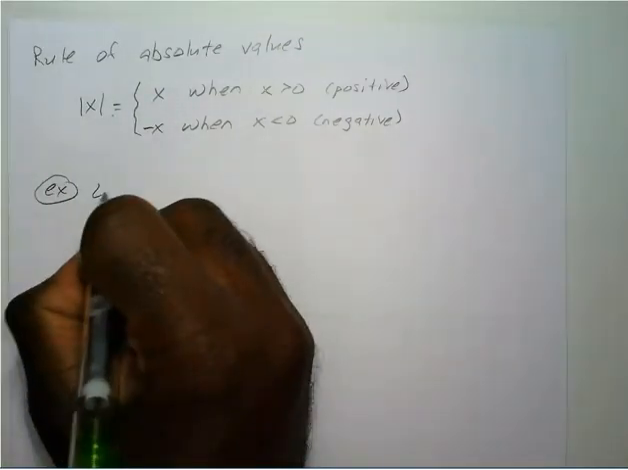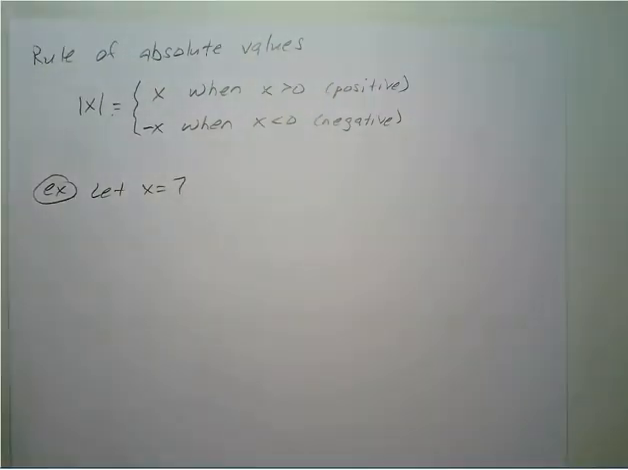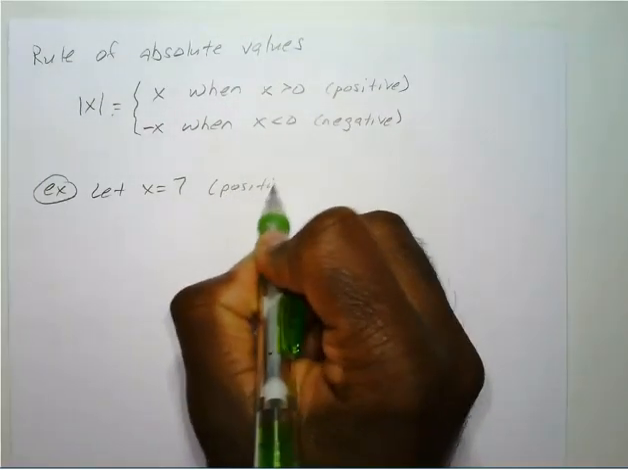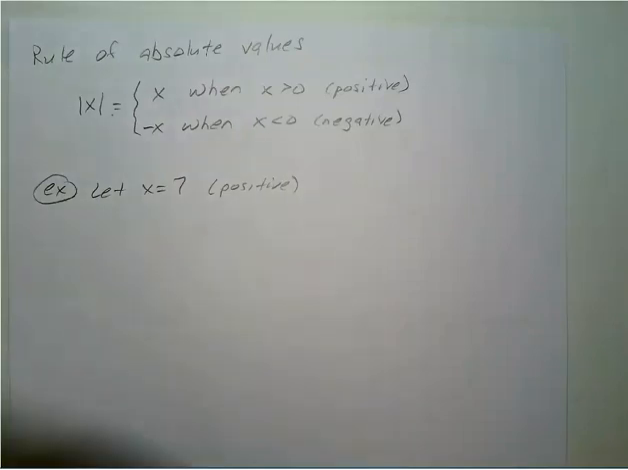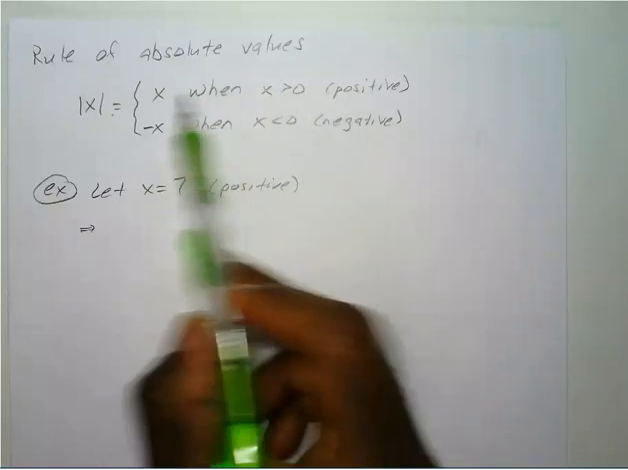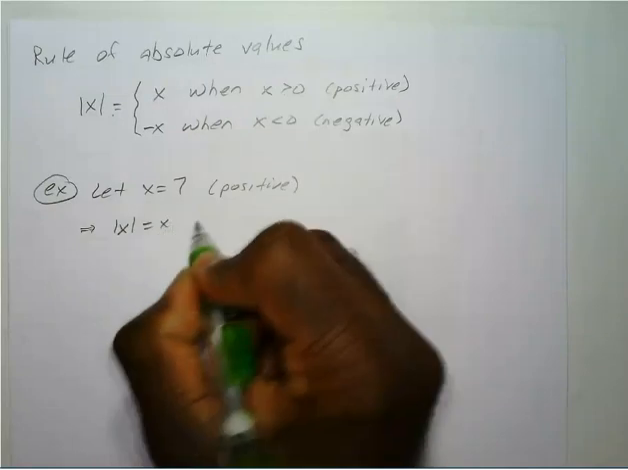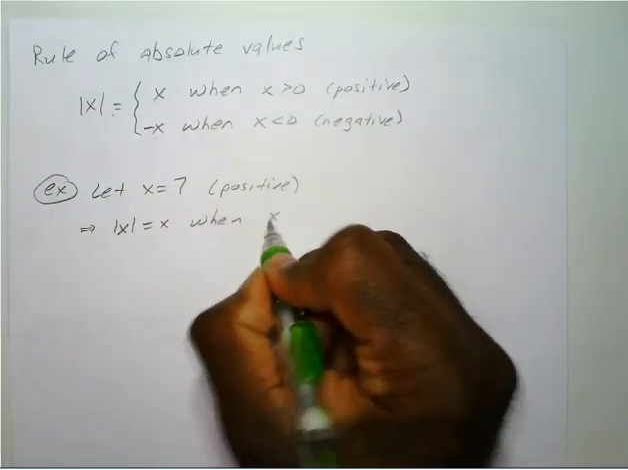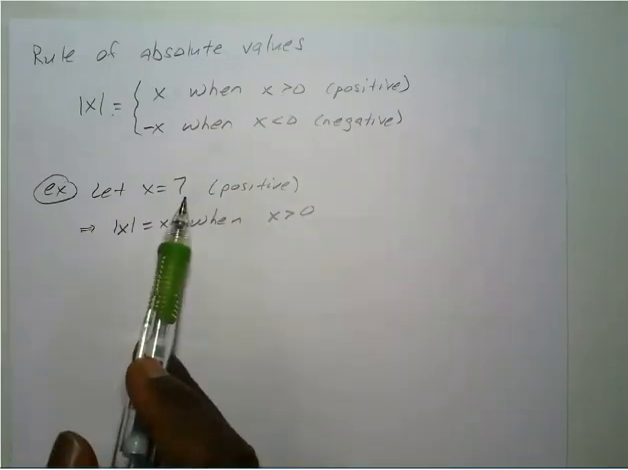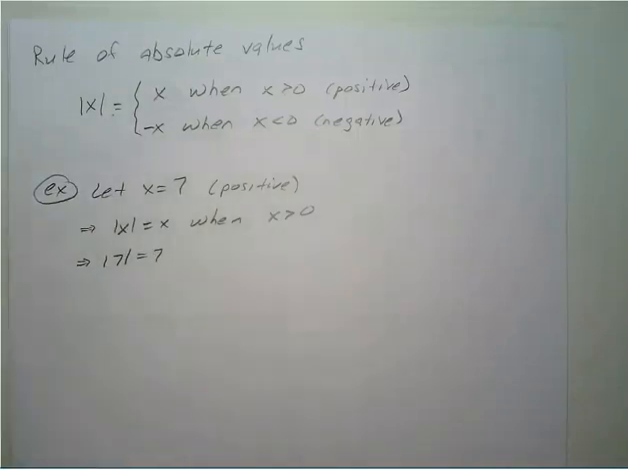Okay, what if we let x equal 7? Now we can say pretty confidently that 7 is positive. So since 7 is positive, our x is greater than 0, we're going to use this solution. So we know the absolute value of x equals x when x is greater than 0. This is positive, so that means the absolute value of 7 is equal to 7